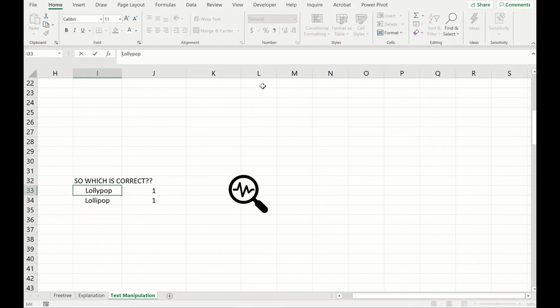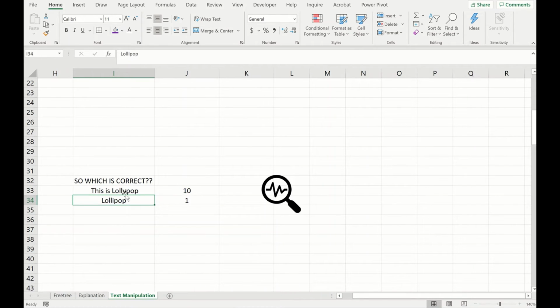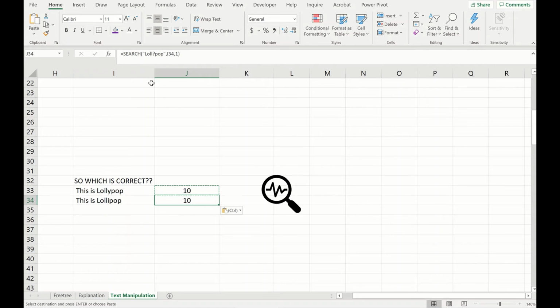Imagine there was a sentence here, this is a lollipop. That will give the 10th number because 10th is the starting character of L. Alright. Imagine the same thing is brought down but with an I. So this is LOLLY pop, this is LOLLI pop. If I copy this and paste it down, it is still going to yield the same result,